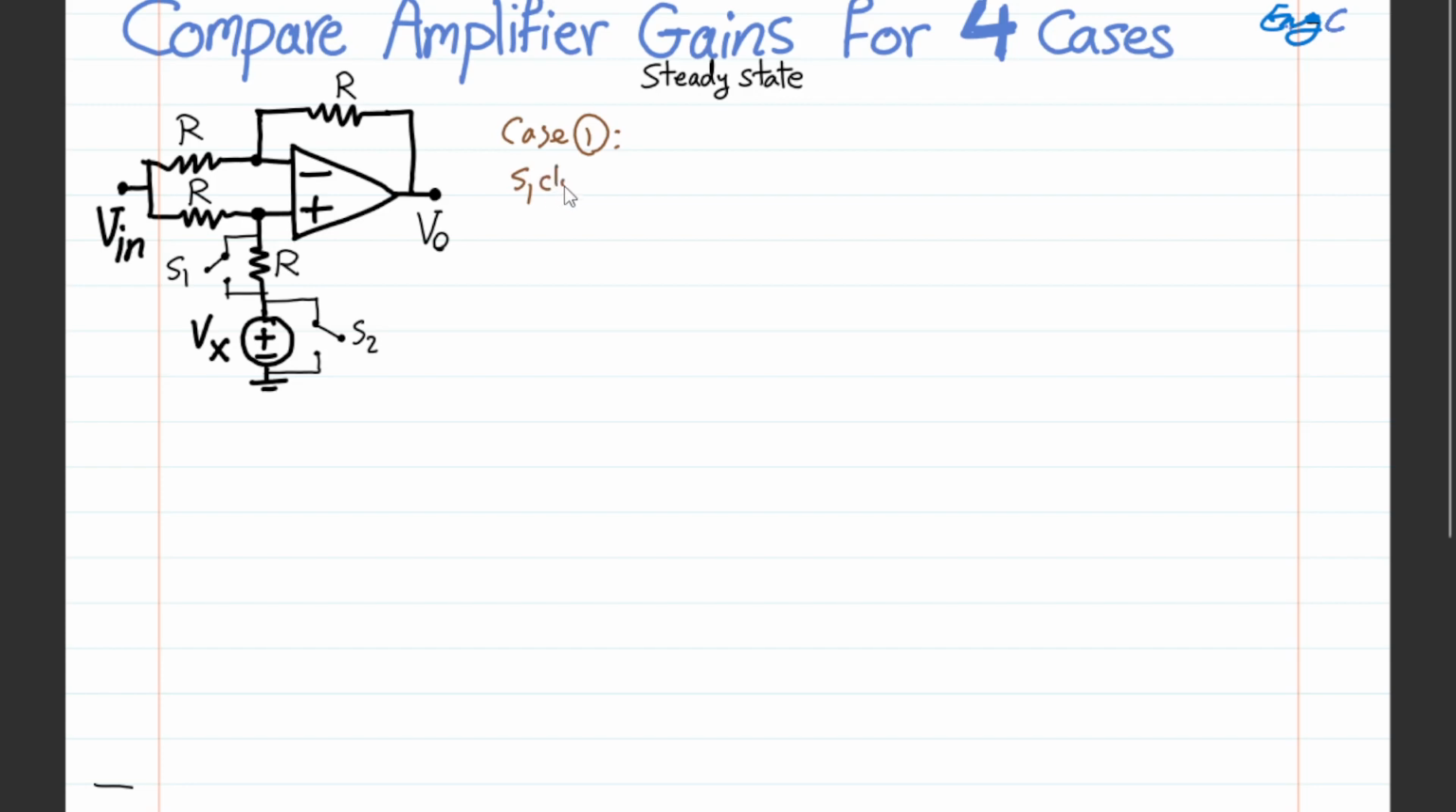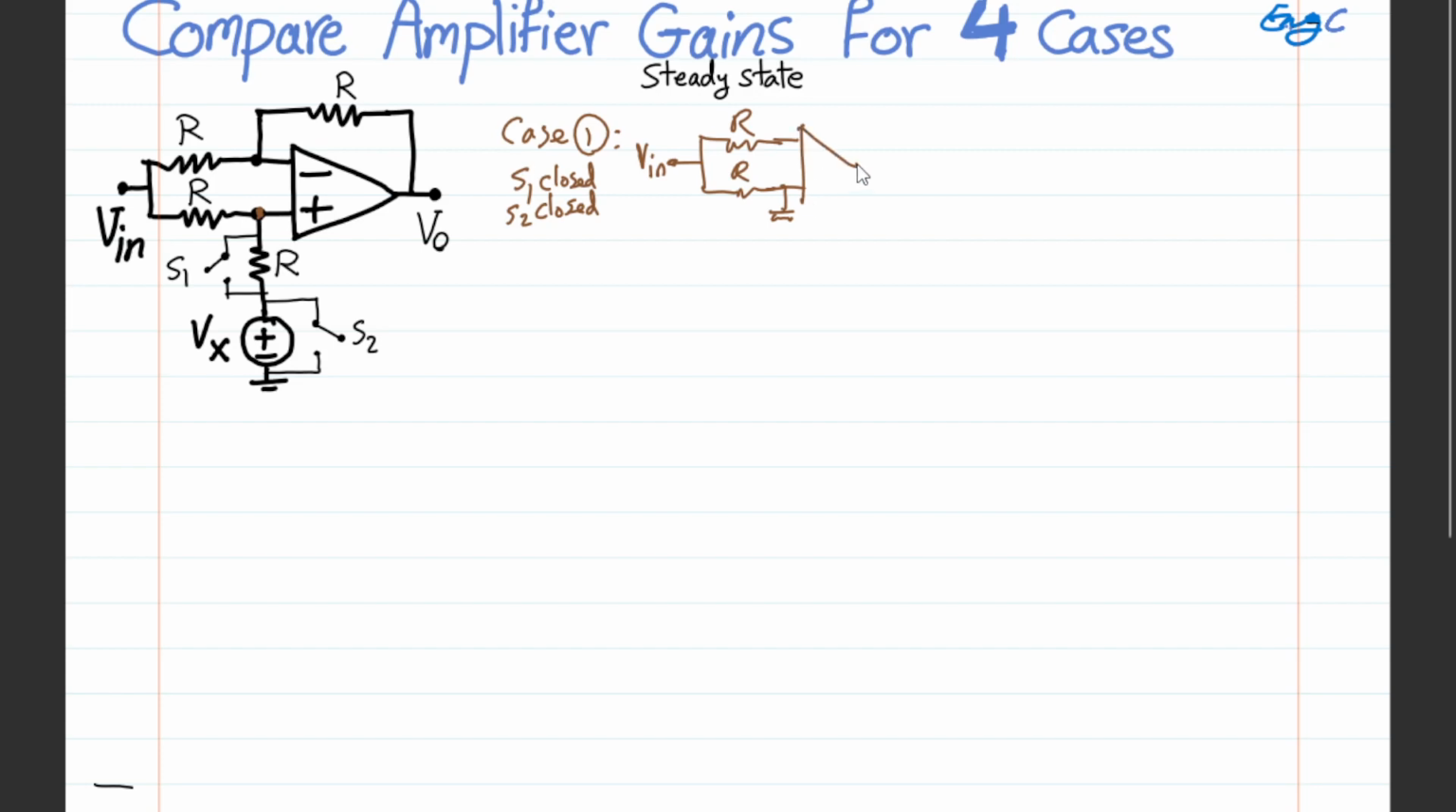is closed, and let's say S2 is closed as well. So both of them are closed. As a result, you have S1 closed, S2 closed, R short, Vx short, effectively the positive input terminal connected to ground. So in this setup, you have just this simple scheme. You have Vn, and you have just resistor R and resistor R, and here you get connected to ground, and then you have